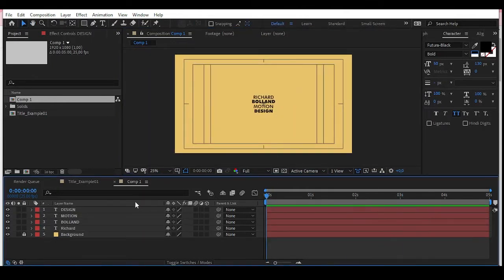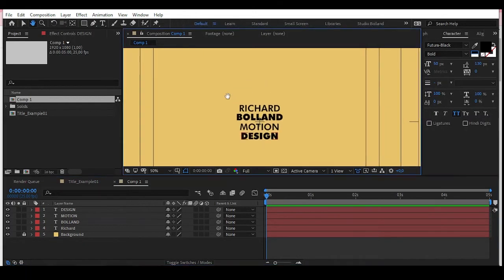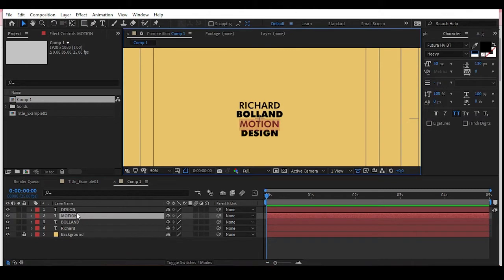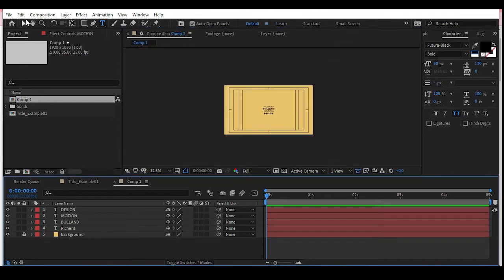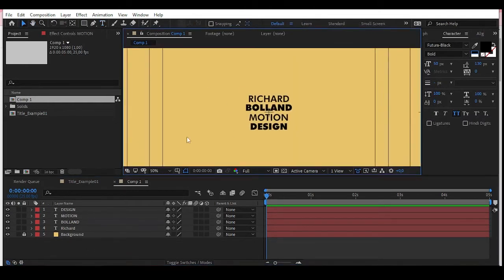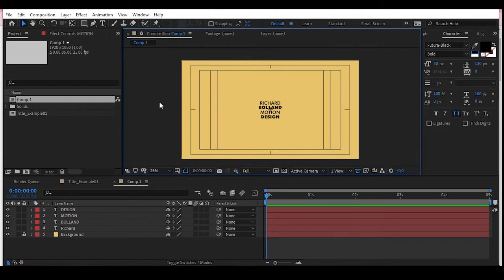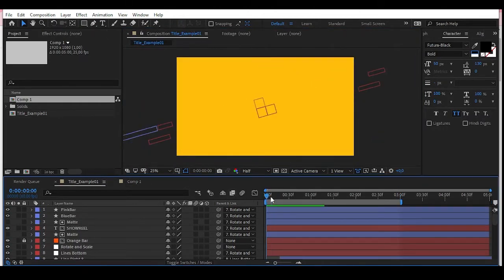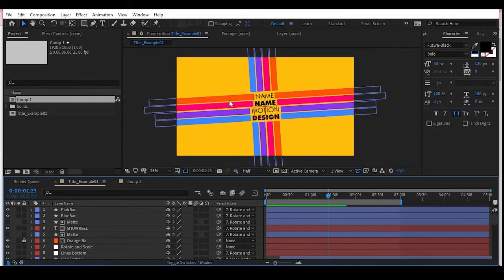And awesome, we're pretty much a quarter of the way there. We've got our text in the middle of the screen. They're all on separate layers. It's really cool as a base. And now we can start working with some of our shape layers to create these cool looking bars